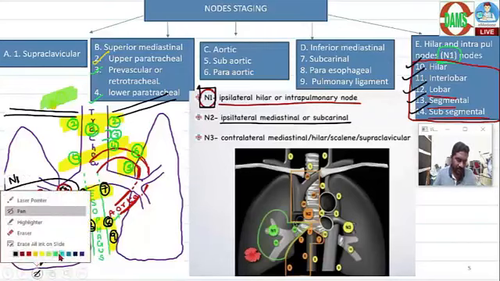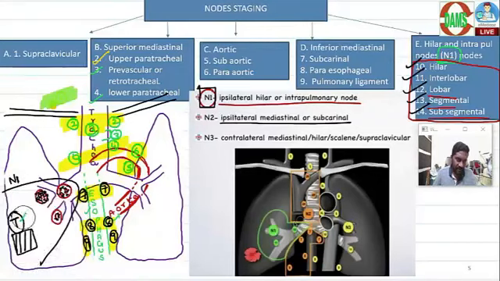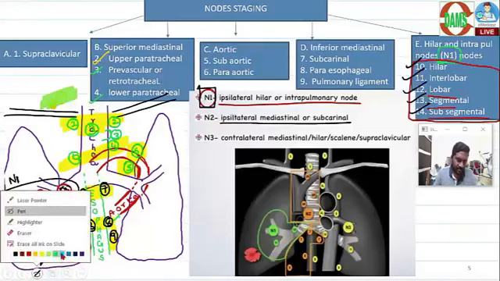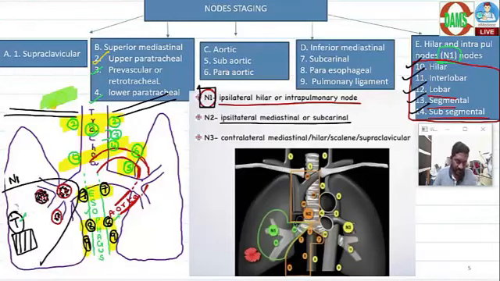Now N2 means, suppose this is the tumor. It has involved ipsilateral mediastinal lymph nodes. So same side mediastinal lymph nodes have been involved, and also the subcarinal lymph nodes. So subcarinal, ipsilateral, mediastinal lymph nodes. If this area is getting involved,